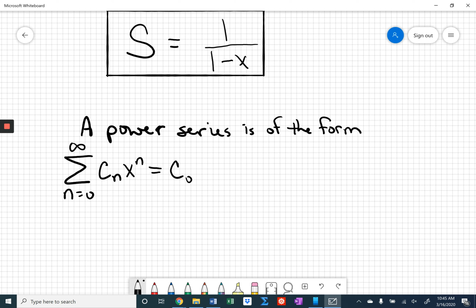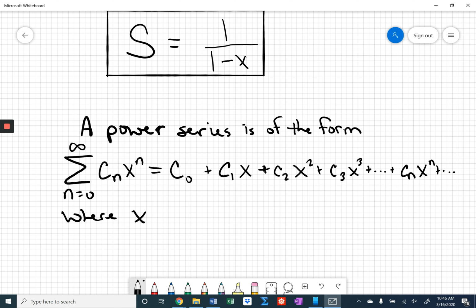C sub 0. Because if I plug in 0 for the exponent, of course, that becomes 1. And then plus c sub 1 times x to the power of 1 plus c sub 2 x squared plus c sub 3 x cubed plus dot dot dot plus c sub n x to the n plus dot dot dot,